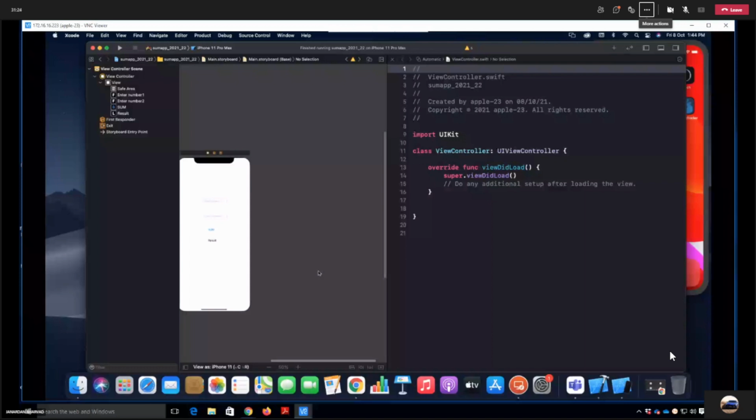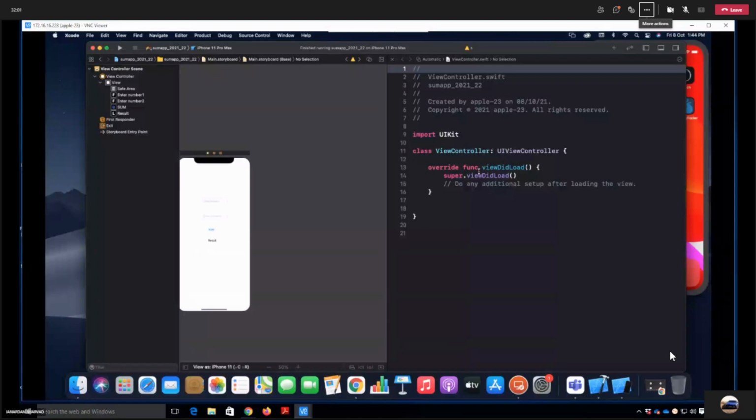Okay, so as you can see here on the left hand side, you can see your main.storyboard, and on the right hand side, you can see your view controller.swift file. So this will be your backend code, this will be your front end design. So if you want to link any control, what you need to do, either you can do the same thing from this view hierarchy, or you can just control and click and drag it to the right hand side on the screen, or we can say on the backend file, then it also works.